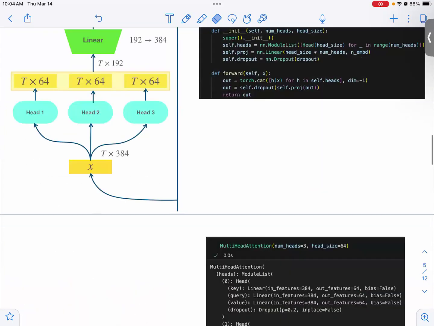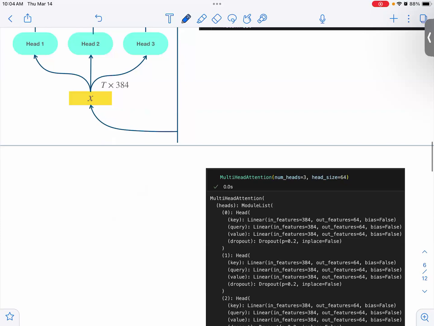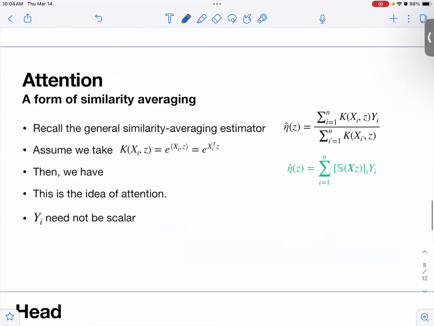Okay, so let's now understand this. This is the core. You can see nothing really strange going on, except maybe in the head. And what does this head do that allows you to do this interesting language modeling? Here we jump back to something we discussed very early on in chapter 2. If we recall, we had this idea of similarity averaging, the general non-parametric estimator of the regression function, where you had